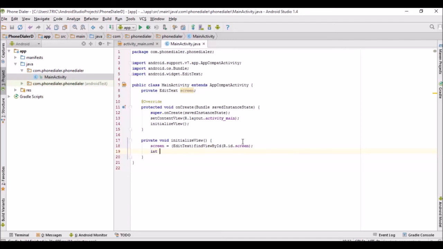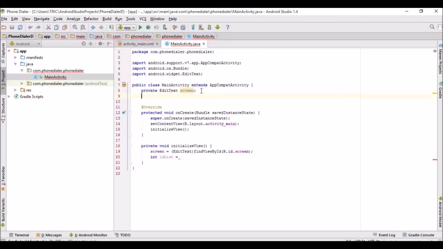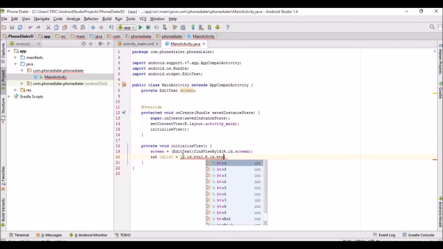And what I'm going to do next is create an array of the IDs for the buttons, because I don't want to be initializing every button one at a time. Like I'd now write private Button button1, button2, and then when I come here I'd write button1 equals findViewById(R.id.button1). It's going to take a whole lot of time. So I'm going to create an array of the IDs. The first ID we had is button 1. R.id.btn1, R.id.btn2,